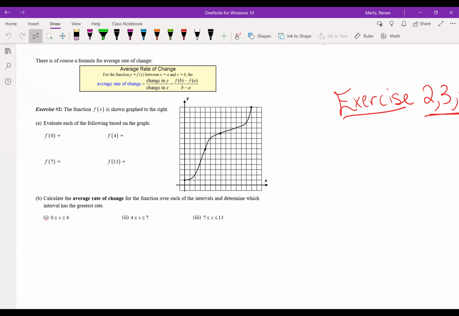I like to make a chart when I'm doing rate of change. So I like to put my x's here, my y's here. Then my two coordinates are going to go here. So let's say we're talking about A and B. And this would be f of A, f of B, or just our y values. So look at how this relates to the formula. So basically, we take this table, we turn it 90 degrees,